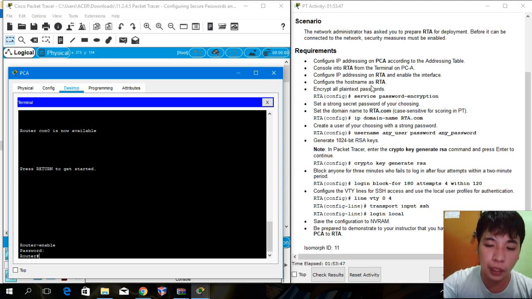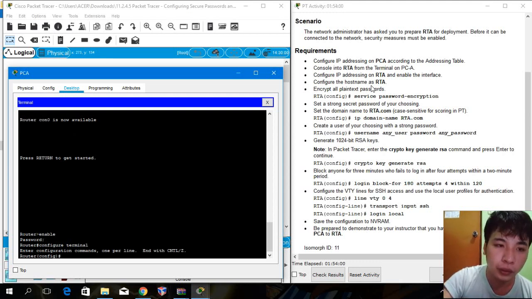So, in the router, we need to type configure terminal, or conf t if you want a shortcut. Then configure IP addressing on RTA and enable the interface. So we need to enable the interface by typing interface